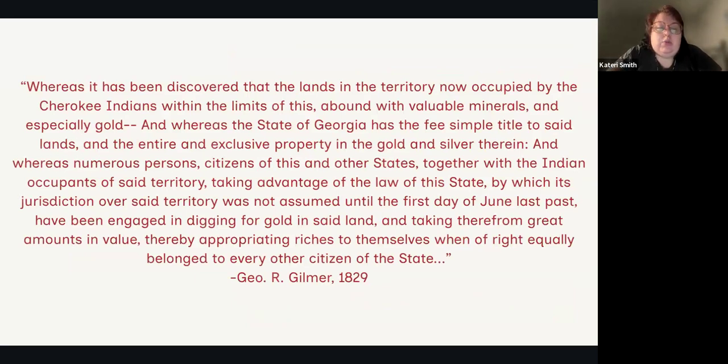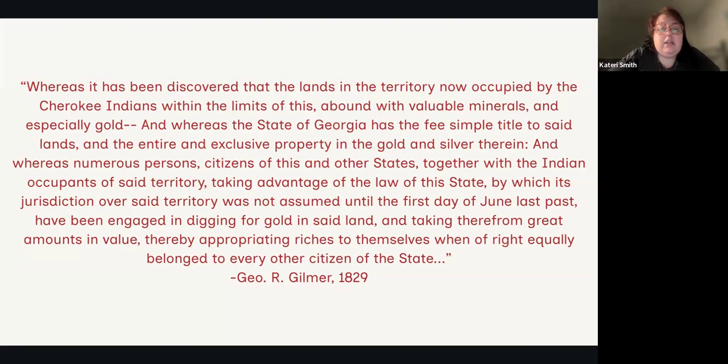He also stated in 1829 that essentially finding gold constituted what is now termed eminent domain. The state of Georgia now had the title to these lands and all of the gold and silver found, that the citizens of this and other states would be taken, that the gold will then be appropriated for everyone. This is, of course, not how it works. People did not give their gold over to the government and then be given it out in some kind of rebate system, but it laid